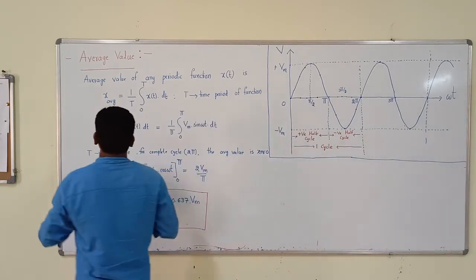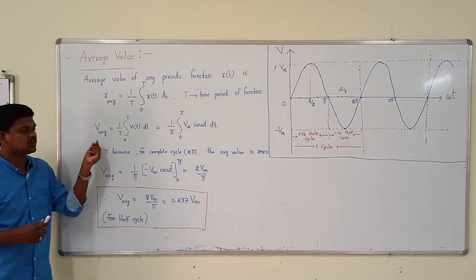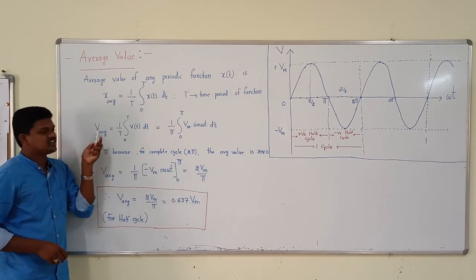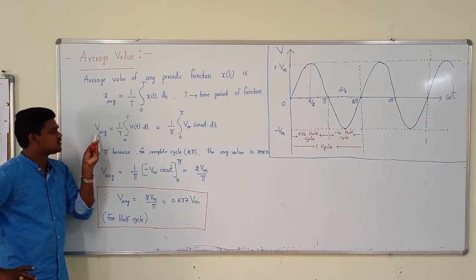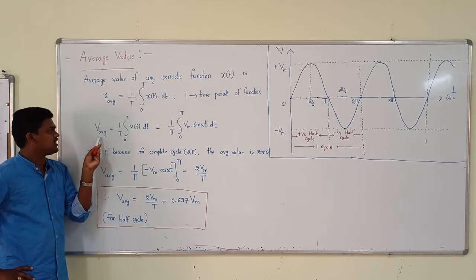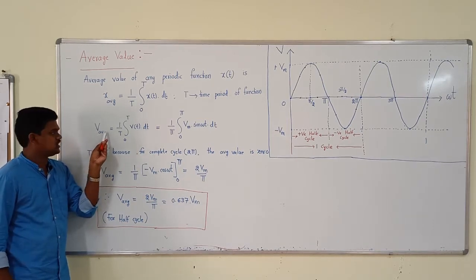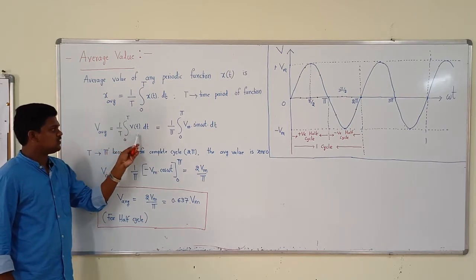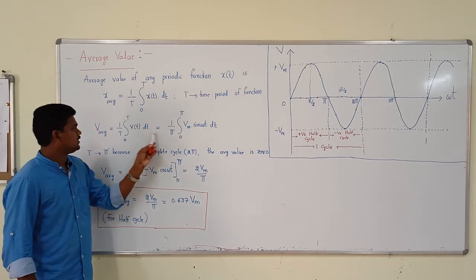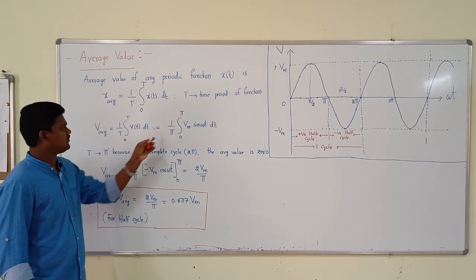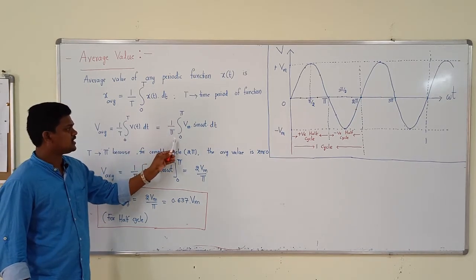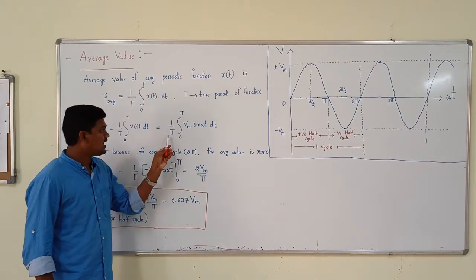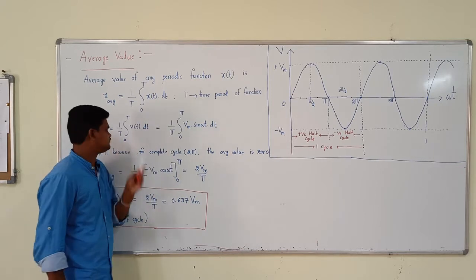Here, we are finding the average voltage. We can find the same for the average current. Look here, average voltage V average equals 1 by the time period, 0 to T, V of t dt. Here for the time period, I will consider 1 by pi, 0 to pi, Vm sin omega t dt. Why am I taking 1 by pi here?